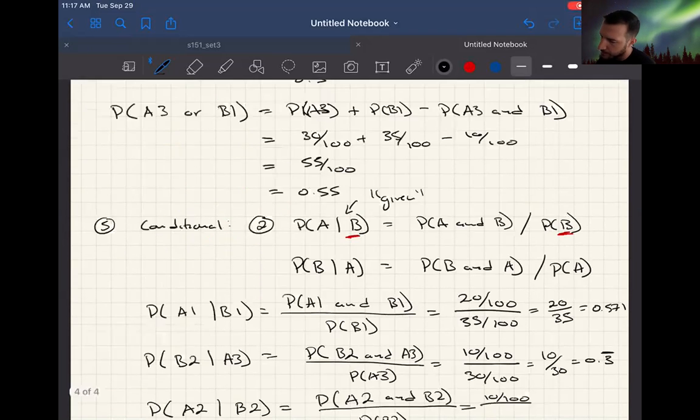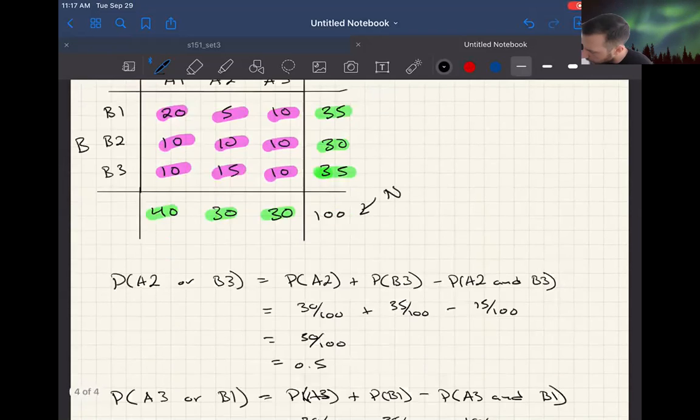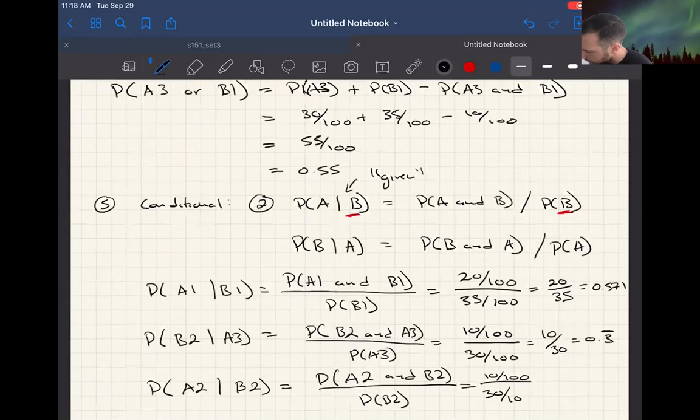The probability of B2 is 30 over 100. Oh, same numbers. 10 over 30, 0.3 repeating. Okay, so those are examples of the 4 different probabilities that we will be interested in computing using